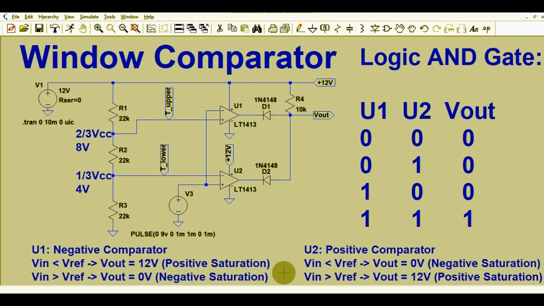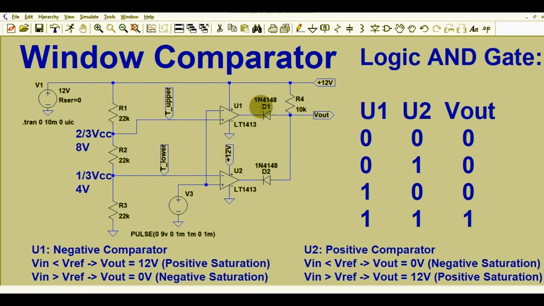So today we will understand op-amp window comparator. We will see the application of window comparator. We will understand the working of window comparator. We will see the design of window comparator, and then we will run the simulation and we will see the